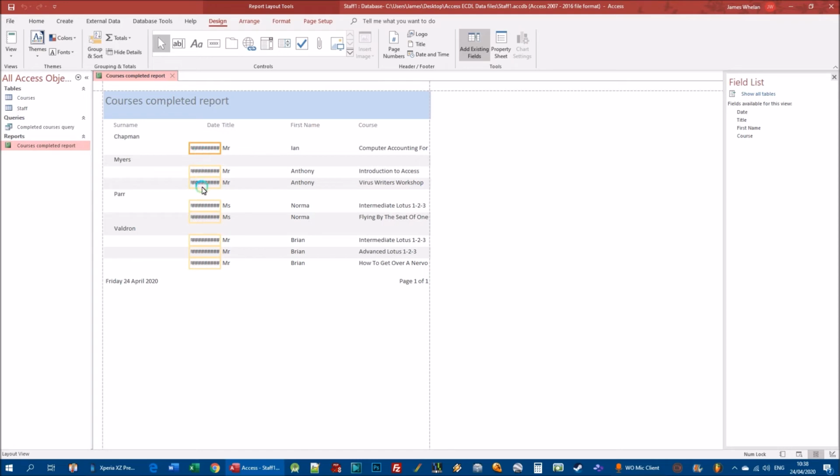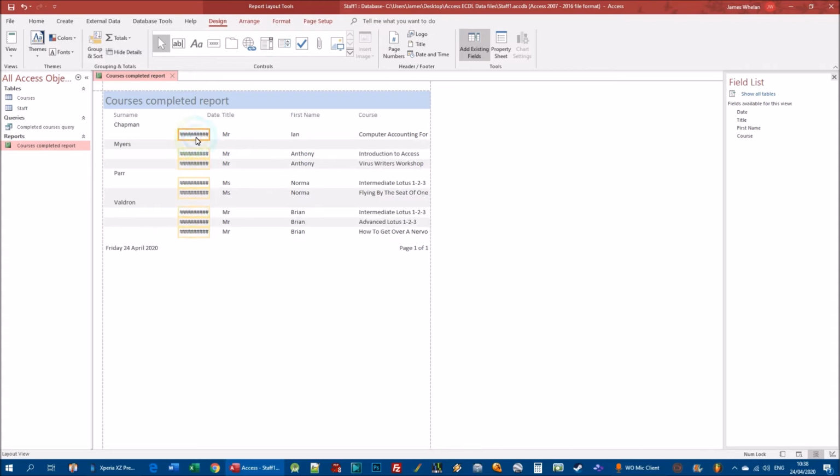Don't forget, these are your fields. Anything that data goes into is a field. If you hover your mouse over the center of any field, that's selected. If I left click on one date field, they're all selected. If I left click on one title field, they're all selected. So left click on any date field and hover your mouse in the middle of any of them. I'm going to hold down my mouse button and drag my mouse to the left. And as you can see,